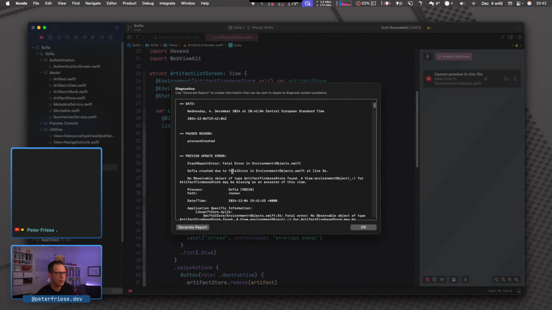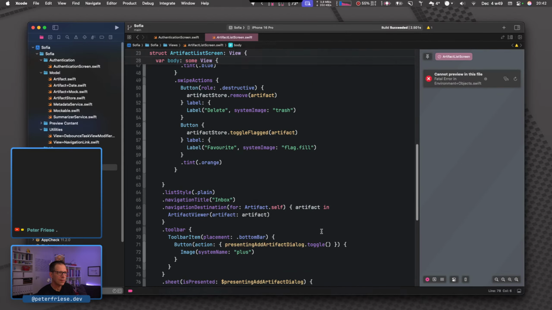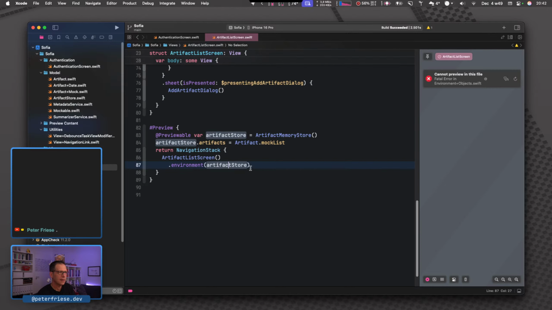And now we're having a problem here. So artifact Firebase store is not found. Okay. What? Oh, because it's a memory store. Okay. Yeah, we'll ignore this for now.